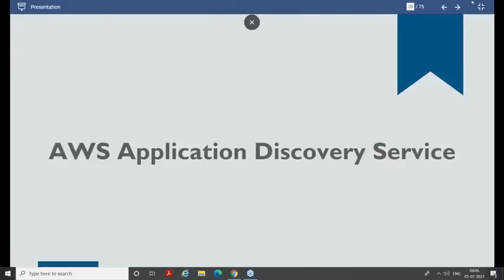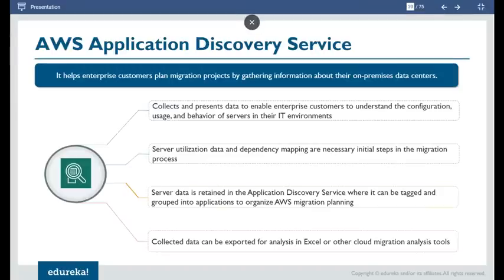It helps customers plan their migration by gathering information about their on-premises infrastructure, analyzing it and helping them present it to their management. This service collects and presents data to enable enterprise customers to understand the configuration, usage and behavior of servers in their IT environment.